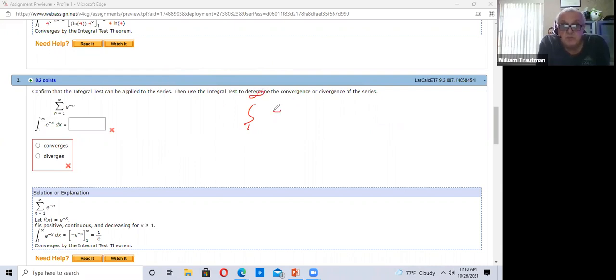And once again, integrating that is very similar to the derivative. The integration of e to the x is still e to the x, but with a negative in front, since u is negative x, du would just be -1. So we put that negative there, and when we plug this in,